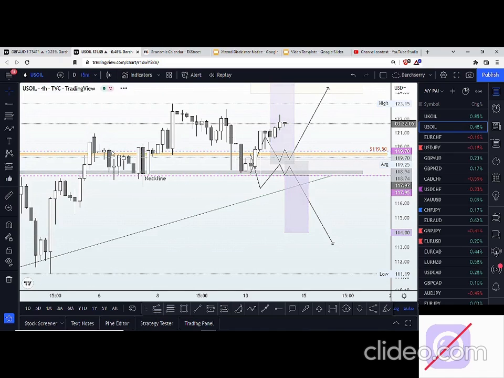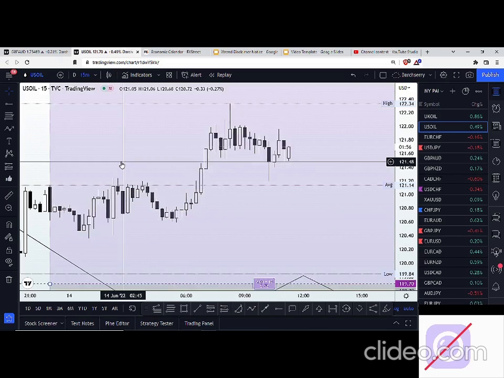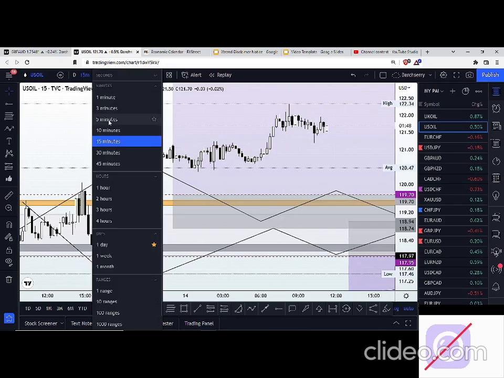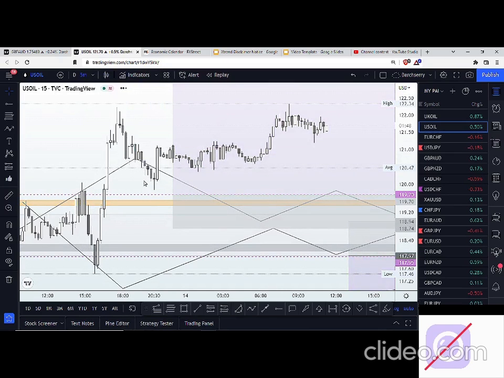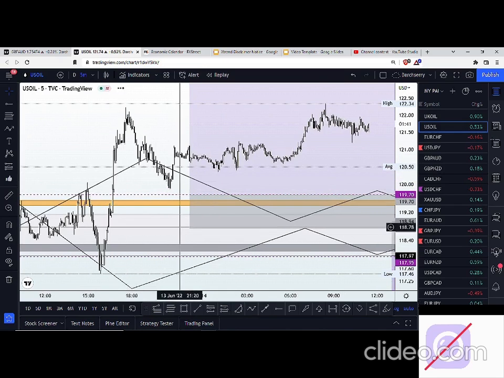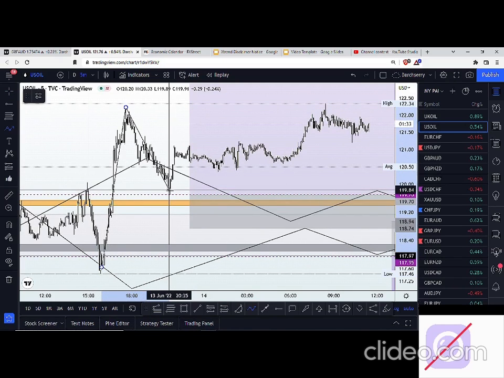Let's go down to the 15 minutes time frame, or most importantly, the 10 or 5 minutes time frame, where we could see things more clearly on how price played out. So we had price come down into this area. We saw this move. We saw price come down into this area. However, it didn't get back down to the key level we identified earlier before price pushed up to the